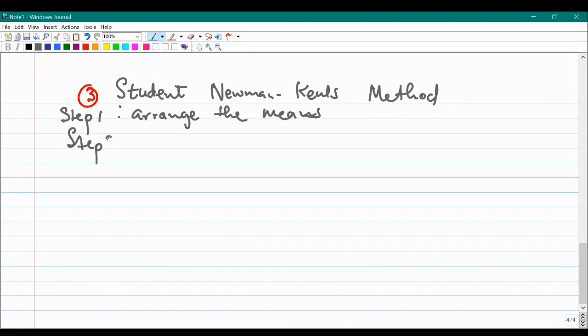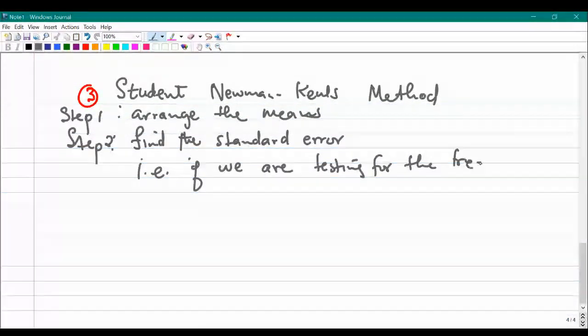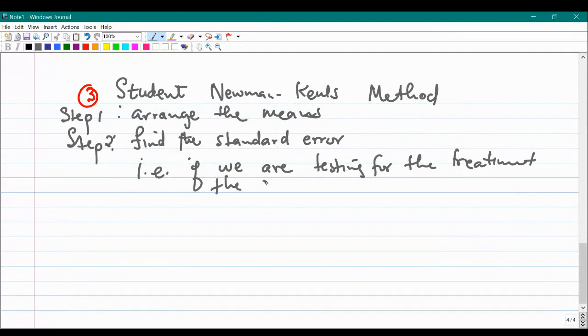Step 2, find the standard error. Allow me to write the two of them here. That is, if we are testing for the treatment, the standard error is given by